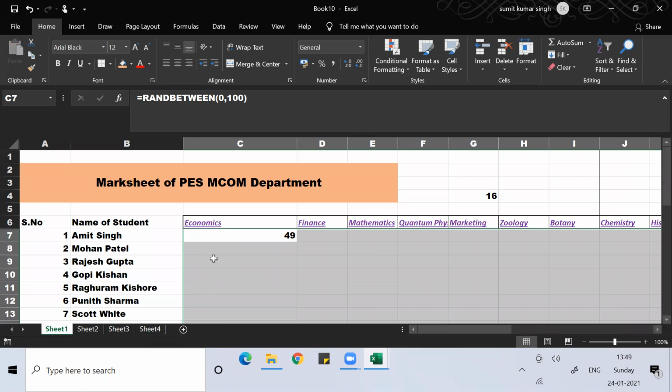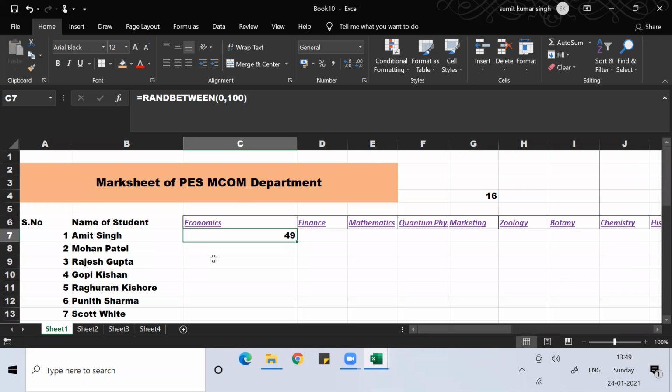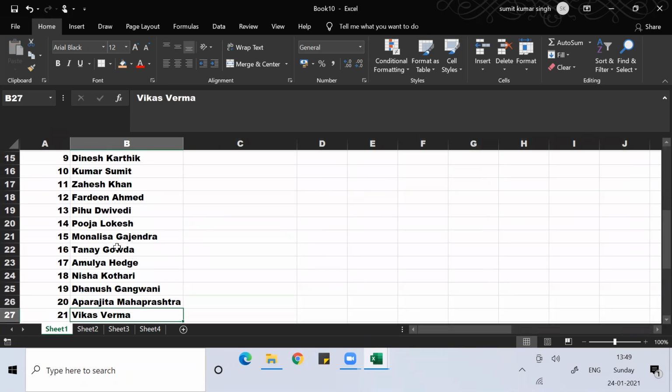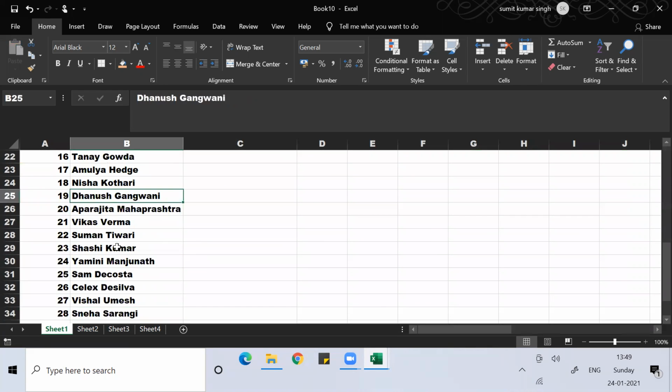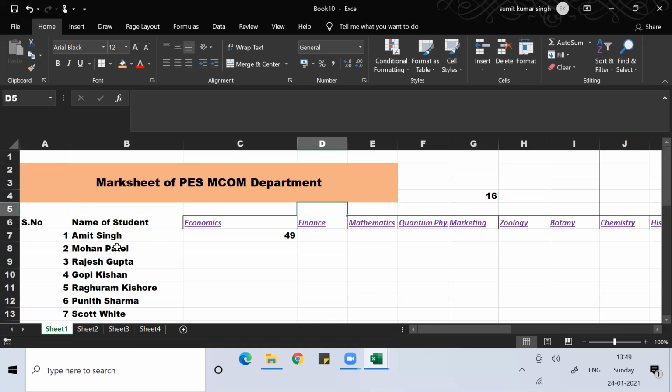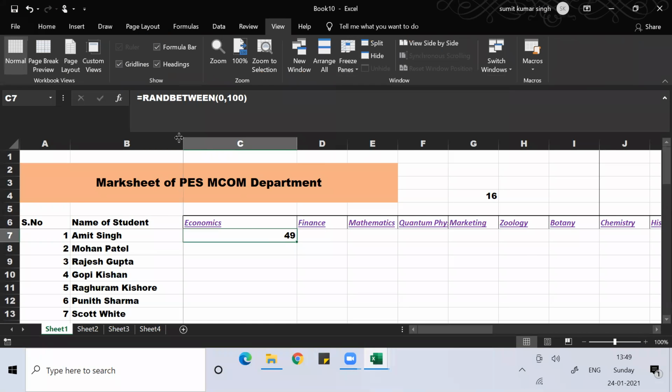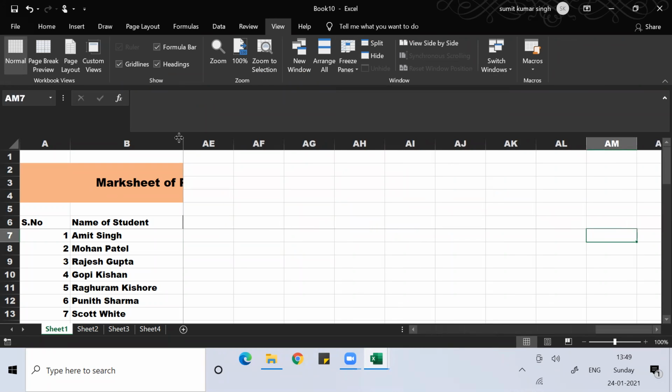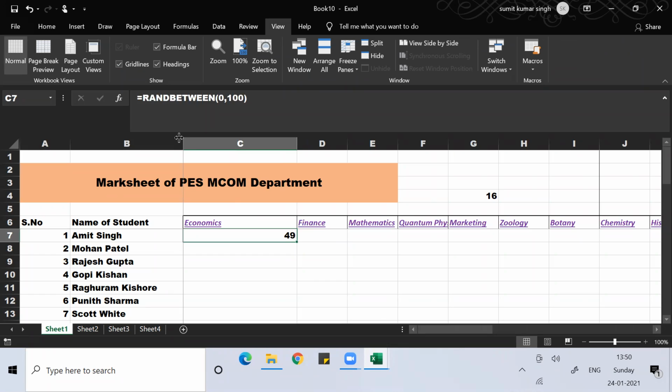So first I need to fix the values here, so that wherever I go, the name of the student should not change. It will always remain there and should not move accordingly. We can fix anything, so I can fix it here. For that you can go to Freeze Panes, shortcut key Alt W F F. You can see that if I go to the right-hand side, the name is not changing.